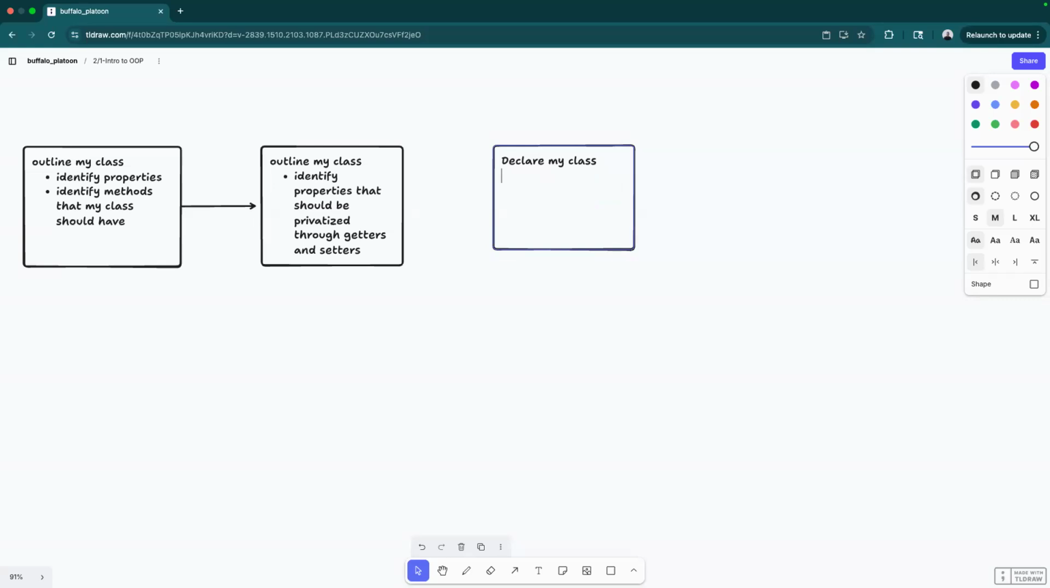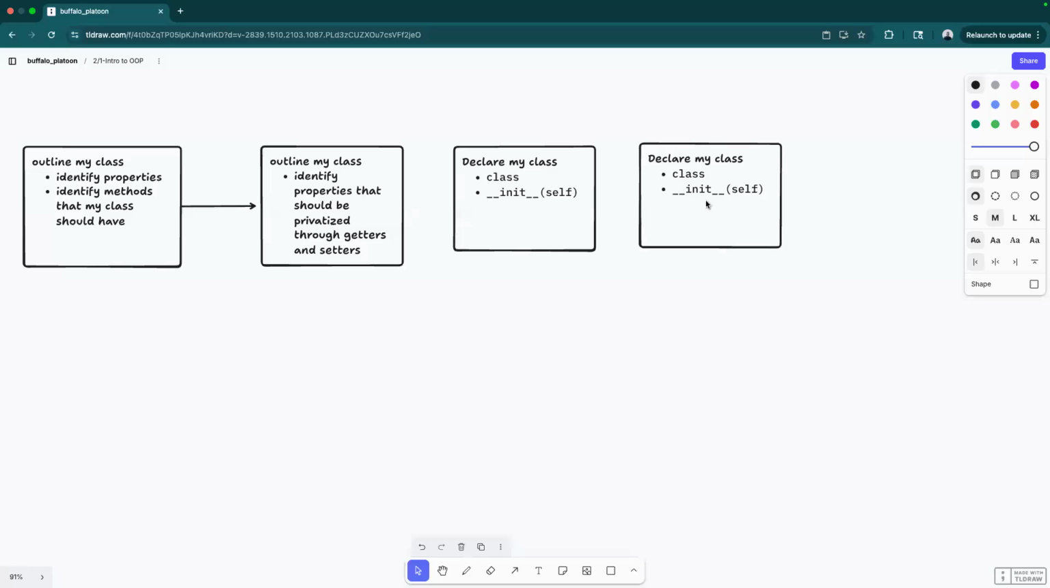And by declaring my class, I mean utilize the class keyword. And I also want to build my init method, which should always take in self first. Then, once I've declared my class and I have all those things built out,